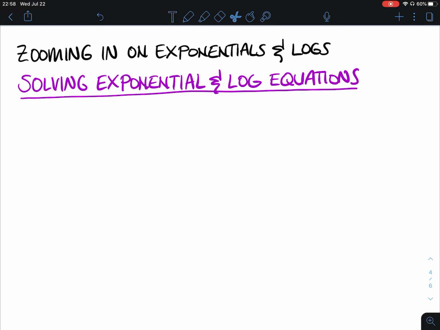As promised, we're back for a little bit more solving with exponential and log equations. Our last video looked at 4 problems that probably felt fairly different. The first 2 were a little similar, and then the third and fourth felt, I would say, fairly different. So in this video, I just want to do probably 3 more problems,